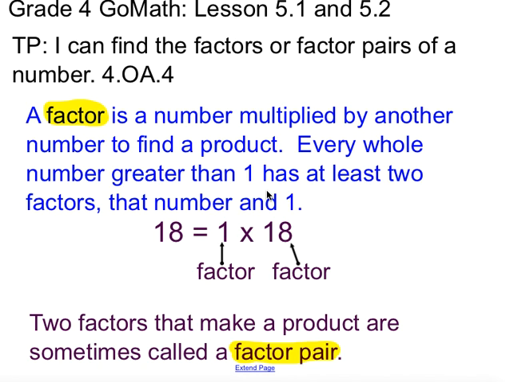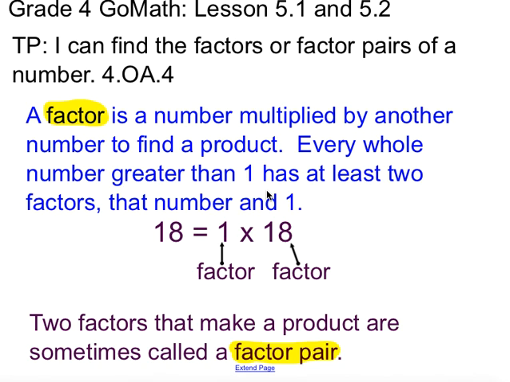A factor is a number multiplied by another number to find a product. Every whole number greater than 1 has at least two factors: that number and 1. So, for example, 18, the two numbers that multiply to equal 18 is 1 times 18. And that's for every number. Every number has two factors,